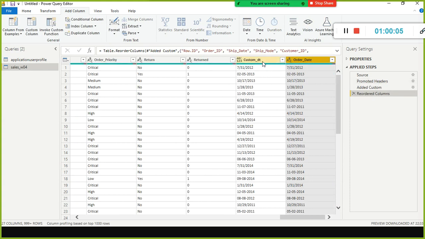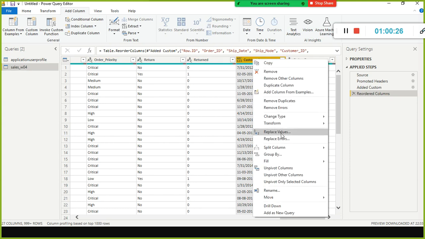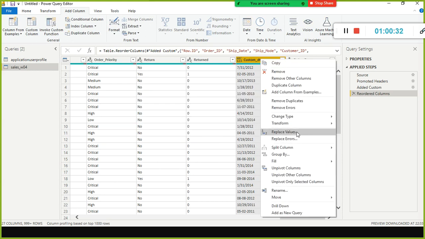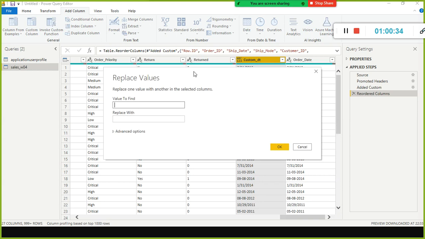Though it is the same as this one, when I make changes to this column, to compare whether the changes have been made as expected, I just moved the order date column towards the end. Now I'm going to select this one, right click, and replace values. Sorry, I clicked replace errors, not replace values. Sometimes we use replace errors also.